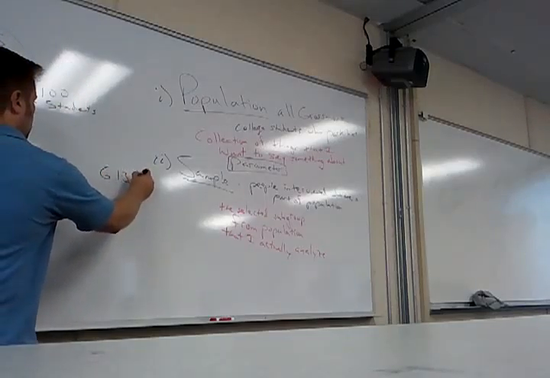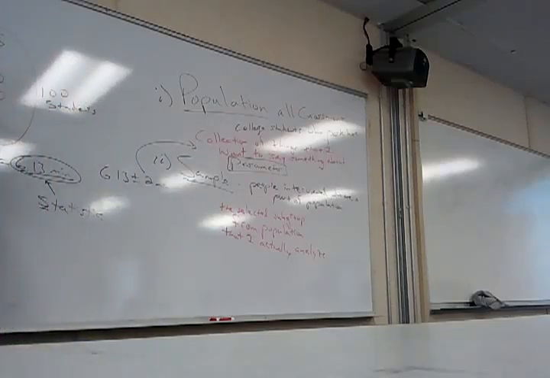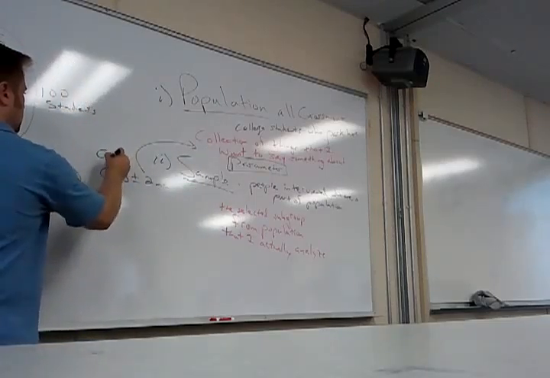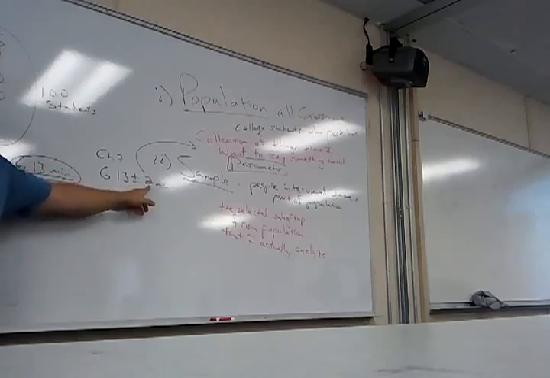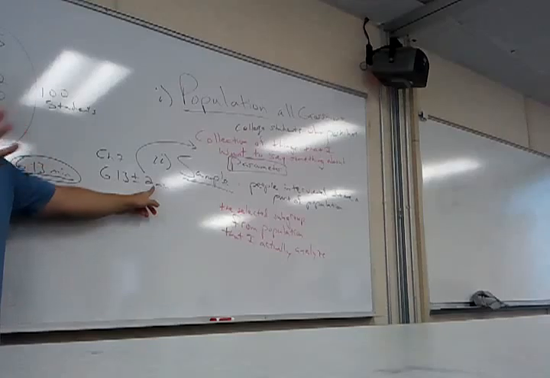And then we would say, in chapter 7, we'll learn how to do this. We can say 6.13, give or take 2 minutes for the parameter, right? That would be like chapter 7. You guys kind of with me? So it's probably 6.13, but it could be off by about 2 minutes or something, right? And we'll actually get the equations that will give me these numbers in chapter 7.